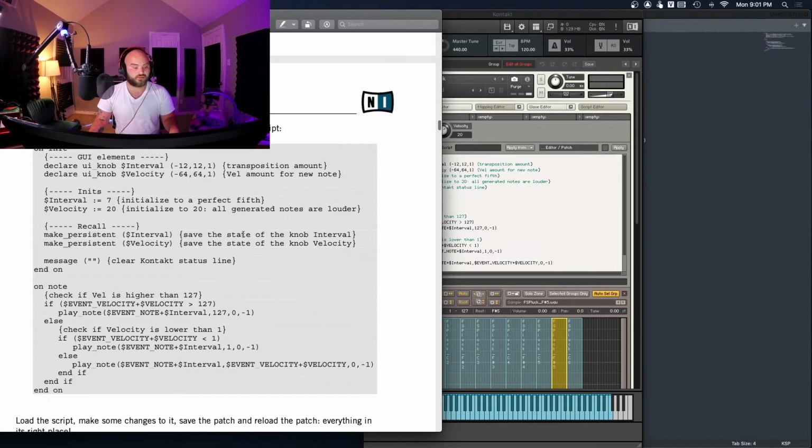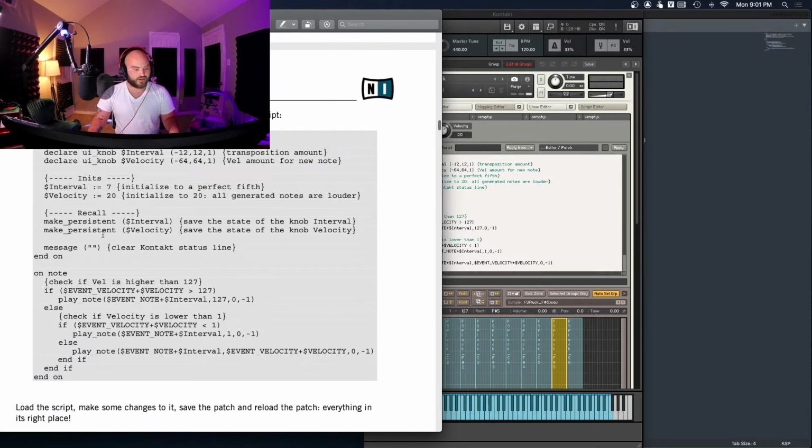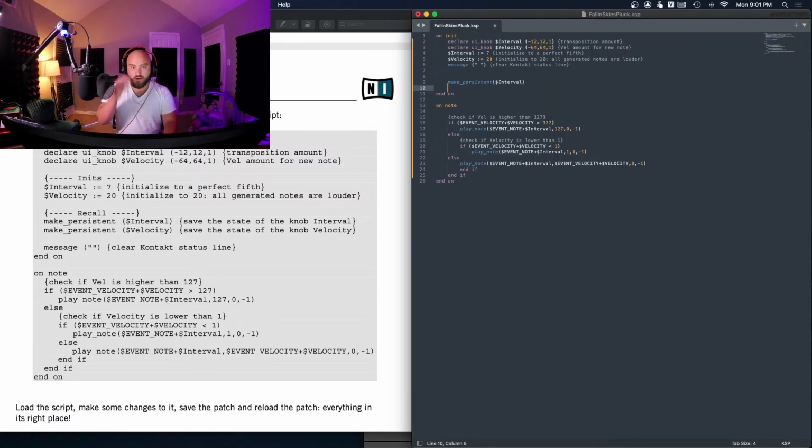So let's try this script. All right, and it's got some extra stuff in here. It looks like about the only extra stuff is the make persistent. So let's get that in here. Here's just a quick look at how the KSP syntax in Sublime Text is super useful. So we can type in make underscore,